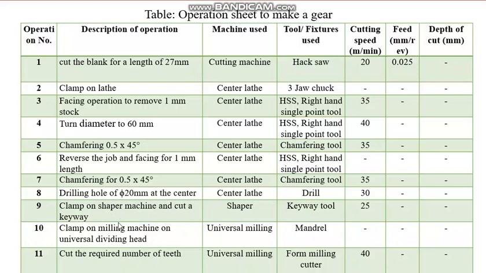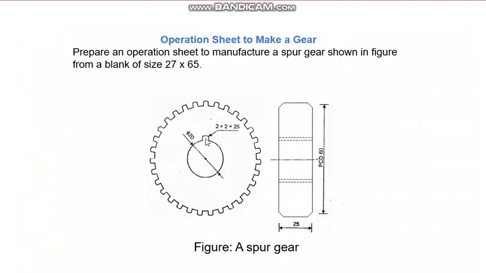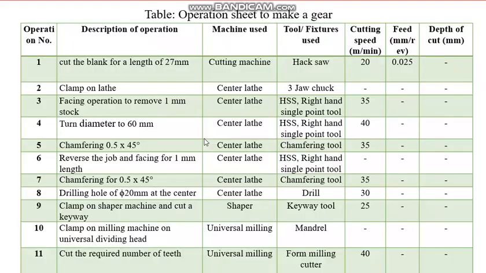After the hole is drilled, clamp on the shaper to cut the keyway. Now the keyway should be cut. For that he has gone to the shaper; till now he was in the lathe machine only. Now he has gone to the shaper, and the keyway tool he used with 25 meters per minute cutting speed, and he machined it. He cut the keyway,